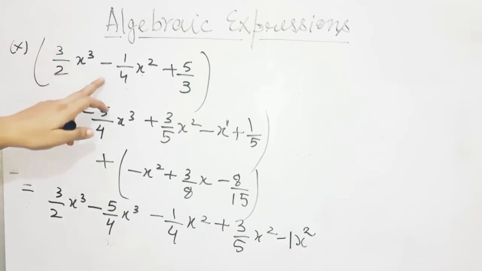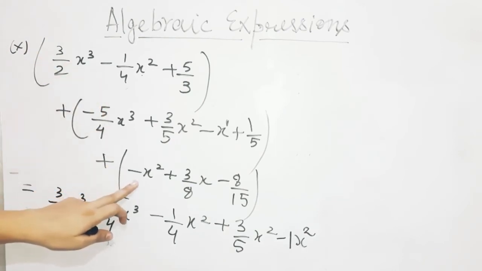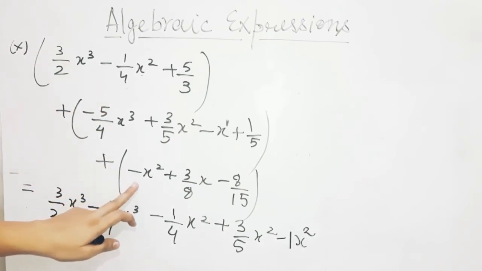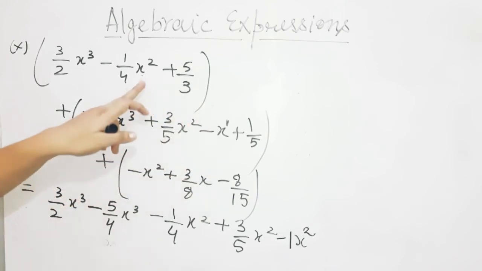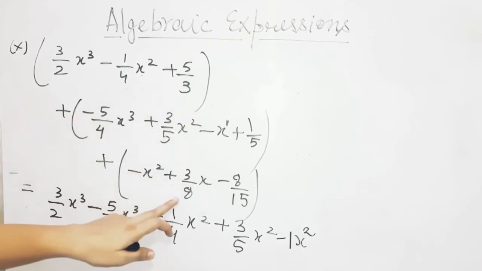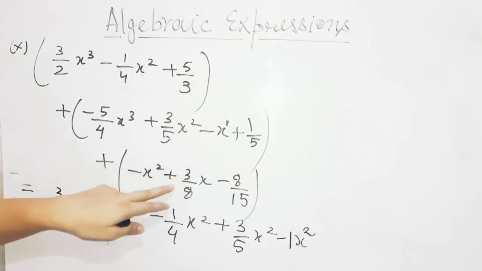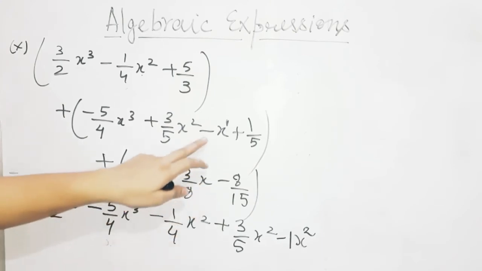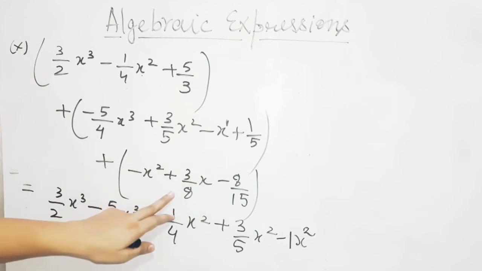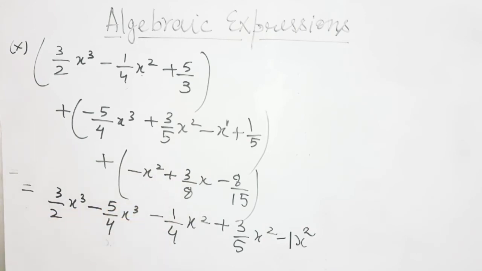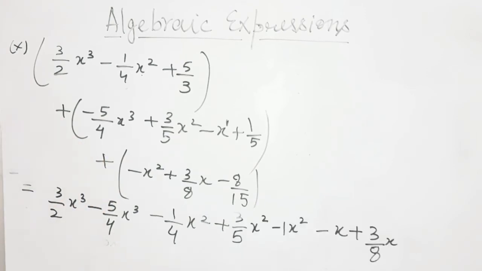So in this algebraic expression and in this algebraic expression, here it was not there, x cube, but here it is x, but in this there is no x. But yes, if you can see here, there is one algebraic expression term that is containing x. So minus x plus 3 upon 8x. Okay. Now here it will be, let me write it for you. So I have written it for you, minus x plus 3 upon 8x.